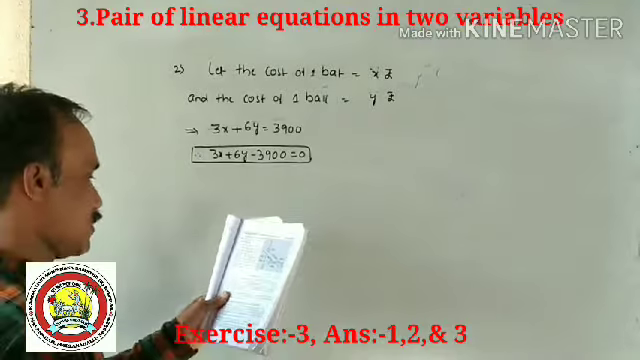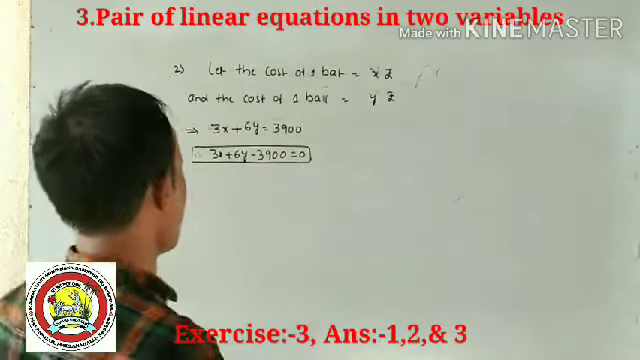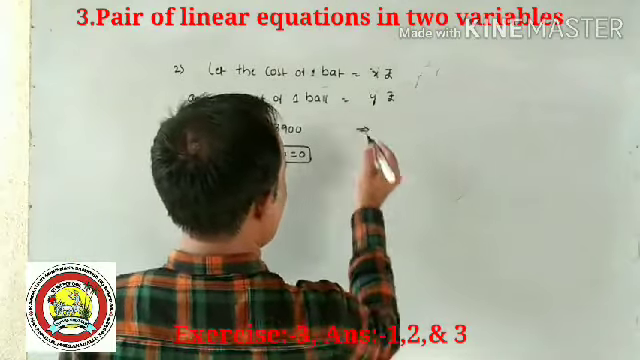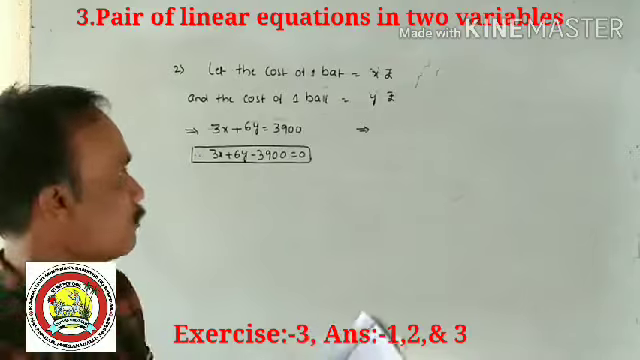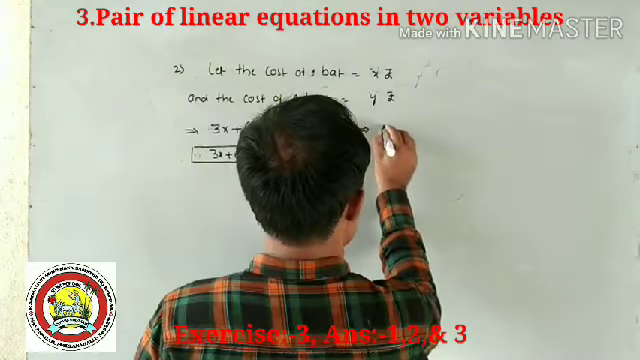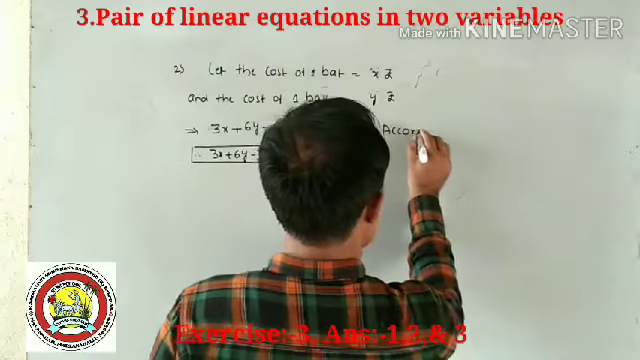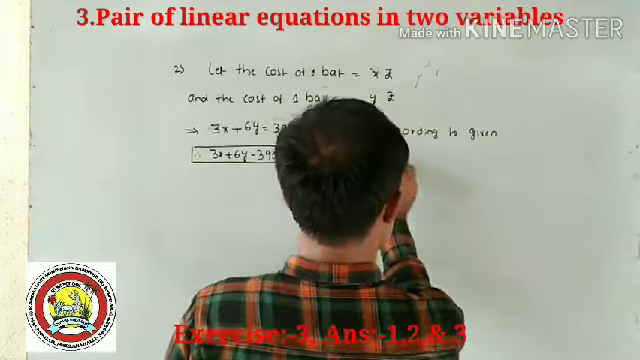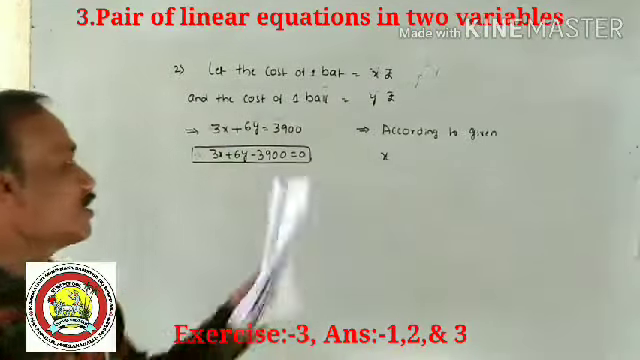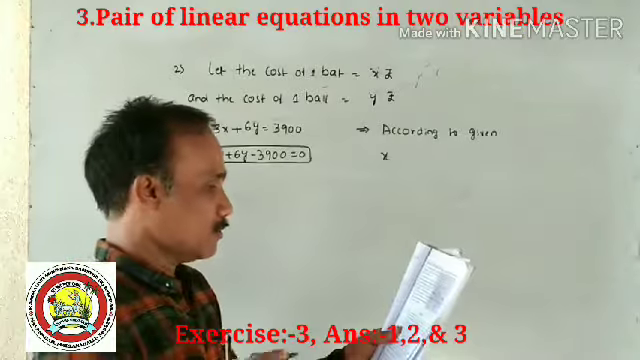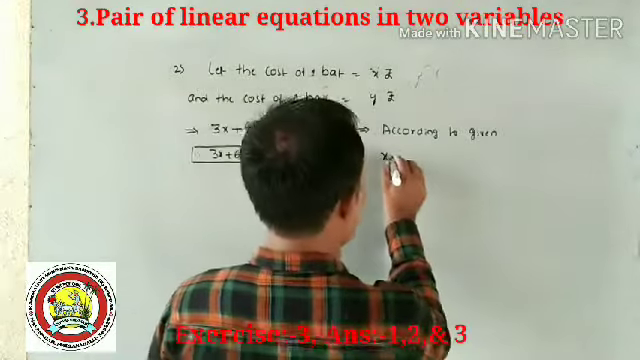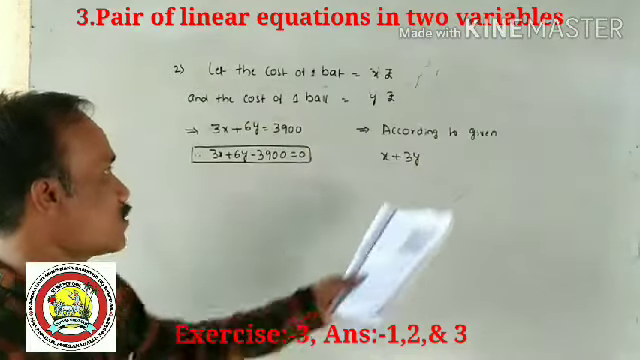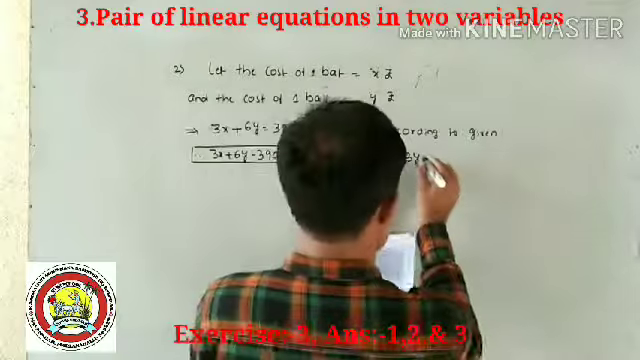Next case, later she buys another bat. So again, case number 2, second case. She buys another bat, that is only one bat. According to the second condition, second equation, she buys only one bat, that is x rupees, and three more balls. Three more balls means 3 into the cost of each ball, that is y, 3y, total cost of 3 balls is equal to